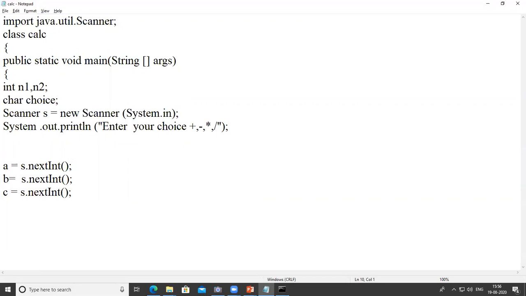So I write choice is equal to s dot next dot character at 0. Character at 0 will take the first character.